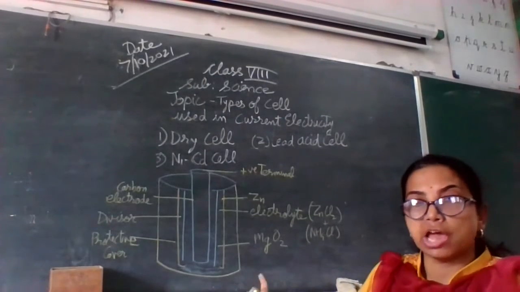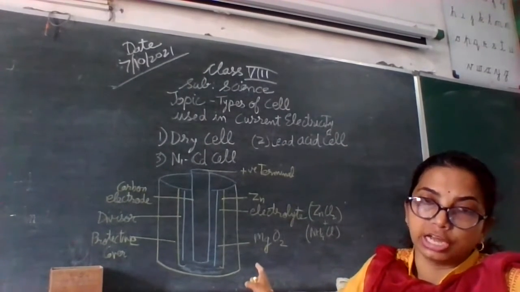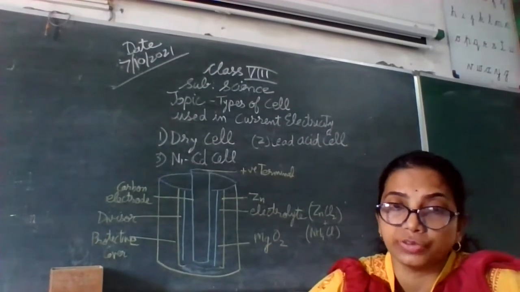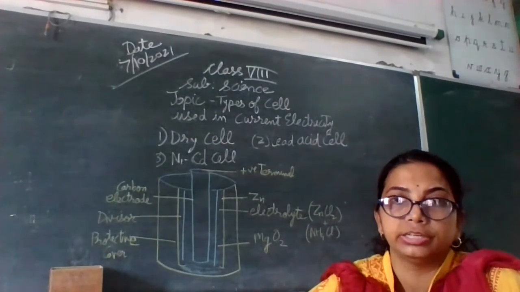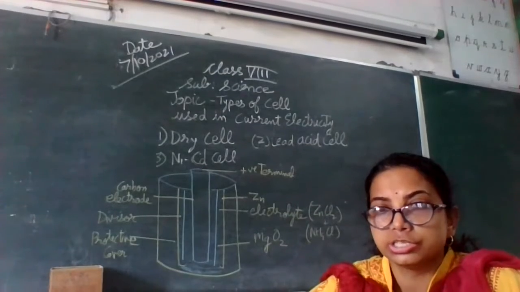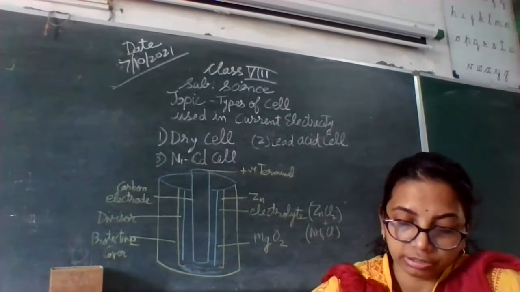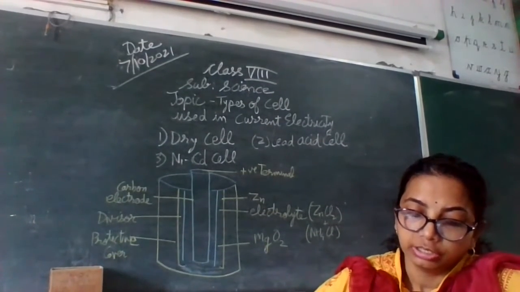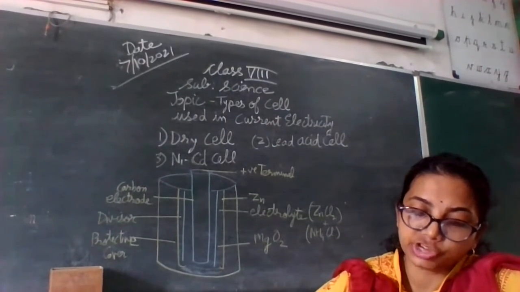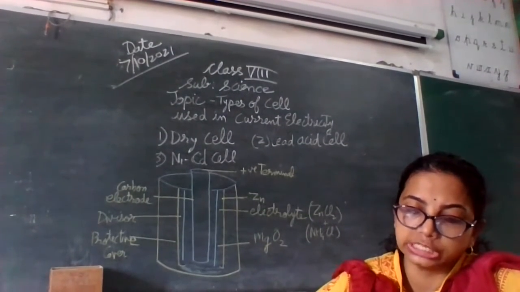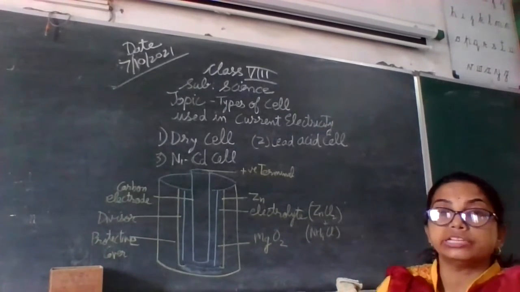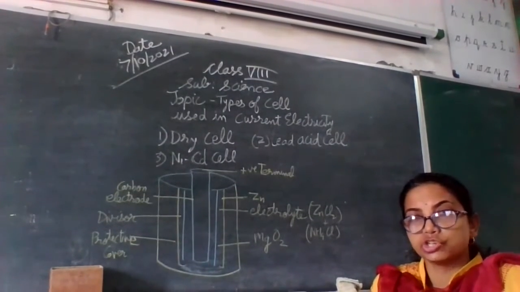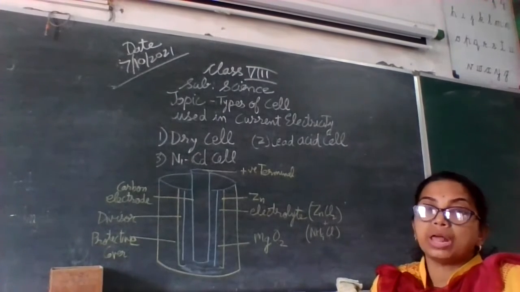A paste of manganese dioxide is filled outside the rod, and because of the chemical reactions of all these chemicals, you can see graphite forming the positive terminal, electrolyte, zinc chloride plus ammonium chloride, then zinc metal, all these chemicals along with manganese dioxide, they react and electrical charge is produced on the two terminals, the graphite rod and zinc layer, and an electric current will start flowing from one terminal to another terminal.